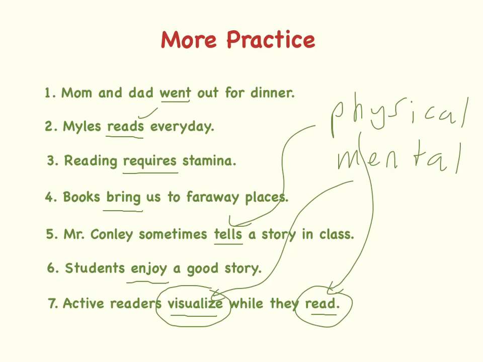So hopefully you've learned about action verbs and that there are two different types, physical and mental. And when we see sentences going forward, you'll be able to easily and accurately identify the verb in the sentence. Because if you can do that, then figuring out what these other things are in the sentence becomes a lot easier. It's all driven by the verb. So make sure that you understand what the verb is in a sentence. So hope this helps, and we'll see everyone next time.